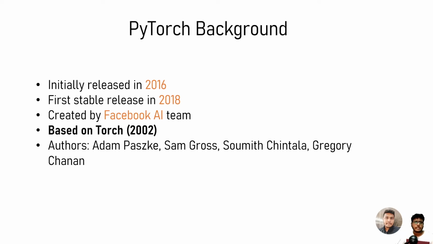Now PyTorch is also based on an open source machine learning library which was there from 2002, and it's called Torch. So these are the people who have created PyTorch, and they basically saw that this library, Torch, can be implemented in Python, and they did that. They came up with PyTorch. And at that time, I think apart from Adam, all these other people were part of the Facebook AI team. So they came up with PyTorch at that time, right? And the syntax of PyTorch, the way you create neural networks, you train neural networks and all these things, those are pretty much like Torch, since PyTorch is based on Torch.